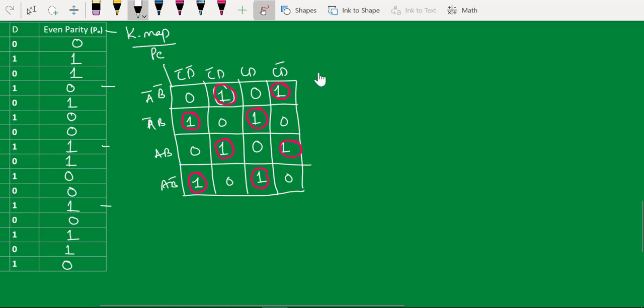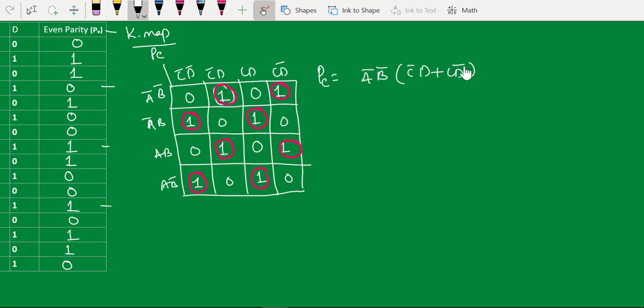If you write it, your parity E will be, if you take along this line, A bar B bar times C bar D plus C D bar, because A bar B bar is common for both the ones.